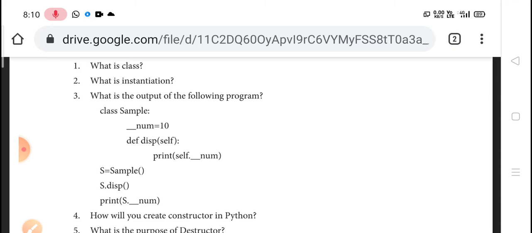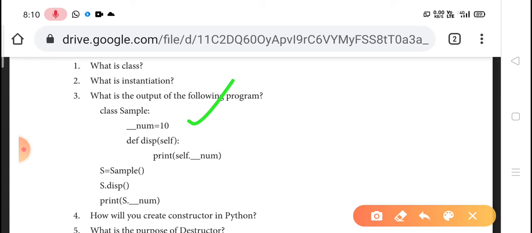Check this. Class sample. Num is a local variable, 10. Display is a function. Self variable. Print is self dot double underscore num. S equal to sample. S dot display. Print S dot num.